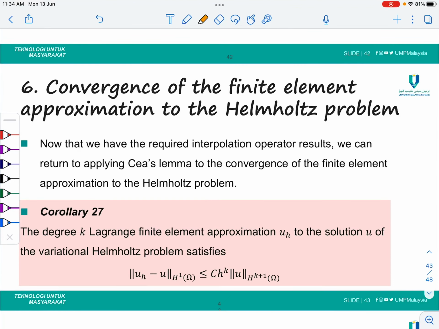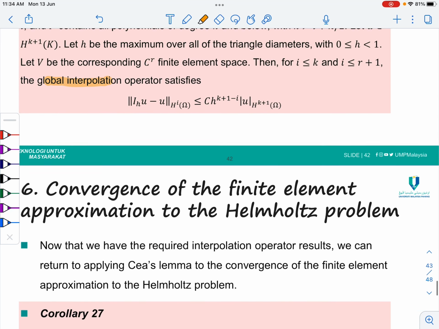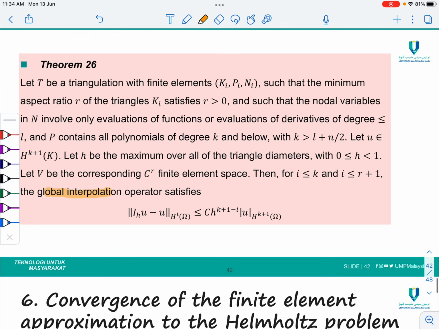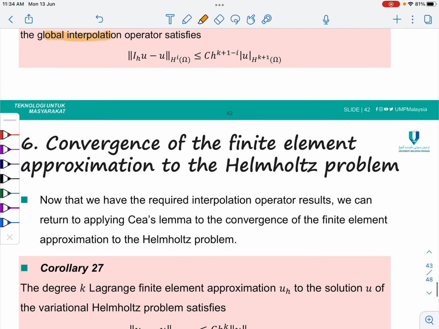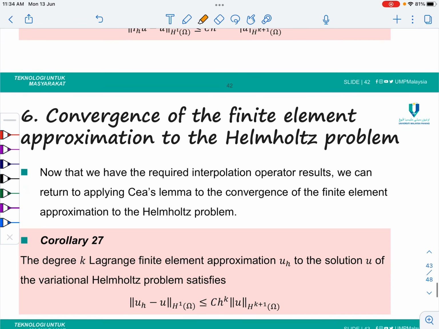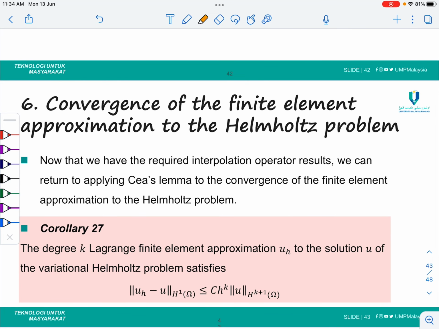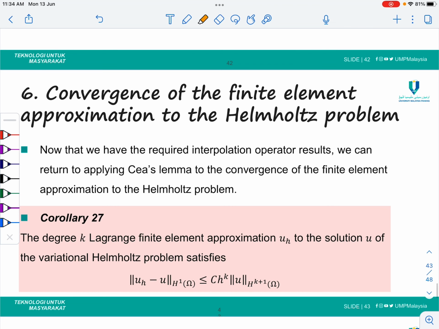In topic 6, convergence of the finite element approximation to the Helmholtz problem. Now that we have the required interpolation operator results stated in the previous topic in Theorem 26, we can return to applying Céa's lemma to the convergence of the finite element approximations to the Helmholtz problem. Corollary 27: the degree k Lagrange finite element approximation u_h to the solution u of the variational Helmholtz problem satisfies